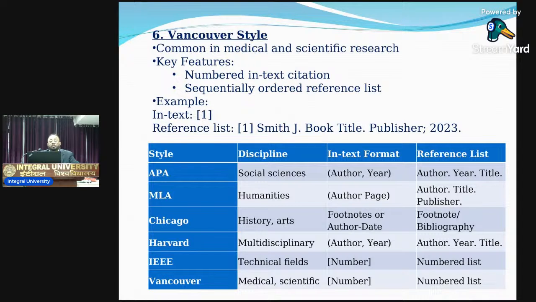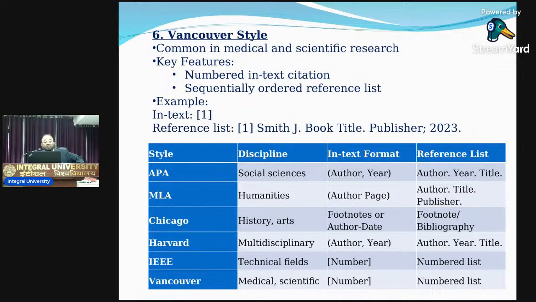Vancouver style is common in medical and scientific fields. Those who are medical people, how many are medical people? From medicine? Okay, you also? Very good. So this is basically used by medical and scientific research: numbered in-text citation, sequentially ordered reference